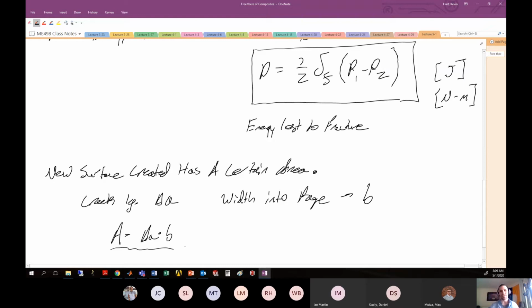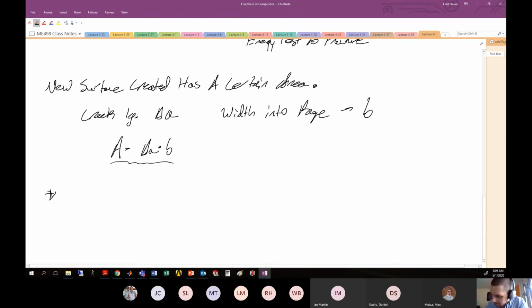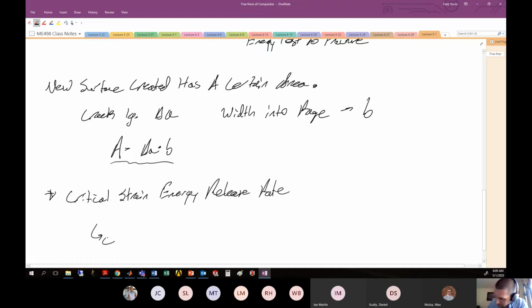These two definitions of the amount of energy lost to fracture and the area that we open lead us to define what is known as the critical strain energy release rate. And that is GC, or you may see it as G1C, G2C, or G3C, depending on the mode of fracture that we have,